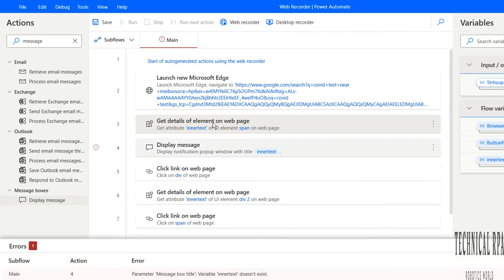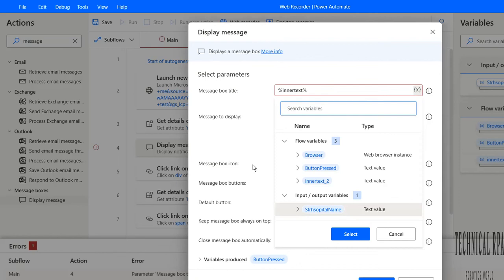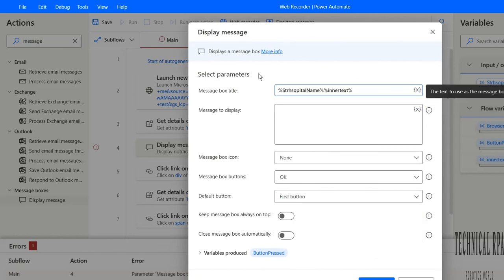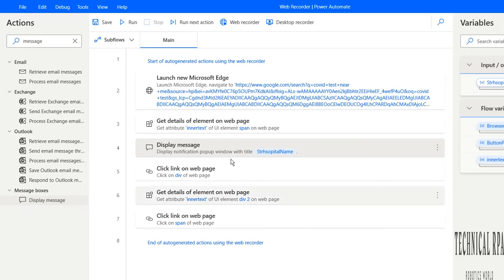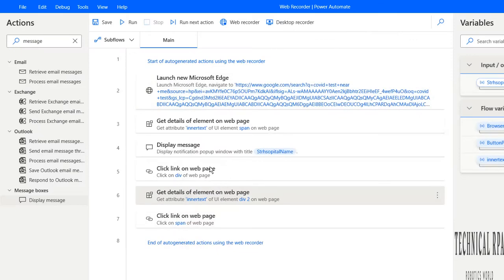Here also I have to change the display message as well, so strHospitalName. I would remove inner text. So this is the value. Here hospital name as well, and this one, inner text 2, is the hospital address. I don't want to change it, I will keep it the same.